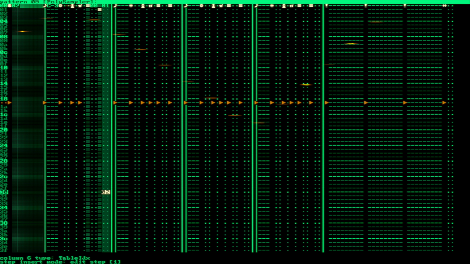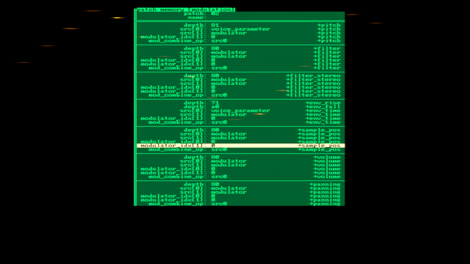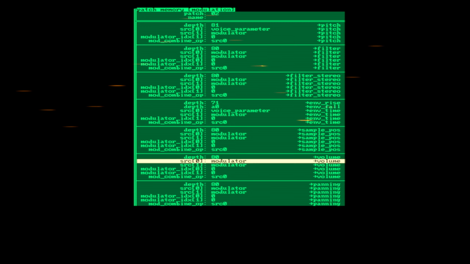Yeah, so on a high level, this is how you use the modulation system. And as you can see, there's a couple more parameters here. We can modulate the position of the samples, the volume of the voice, and